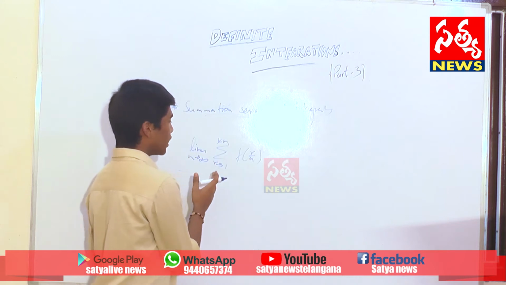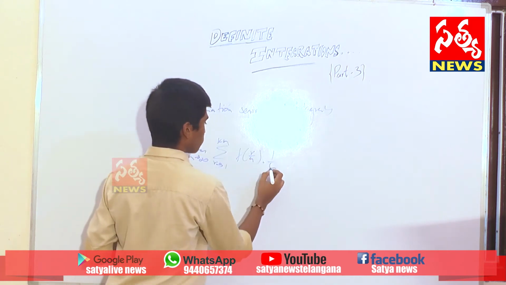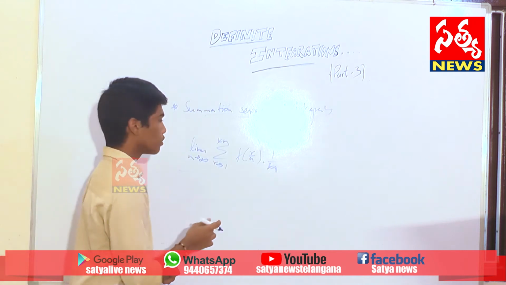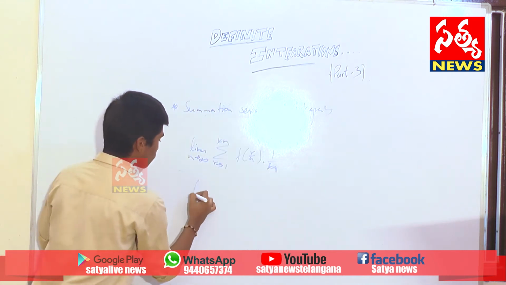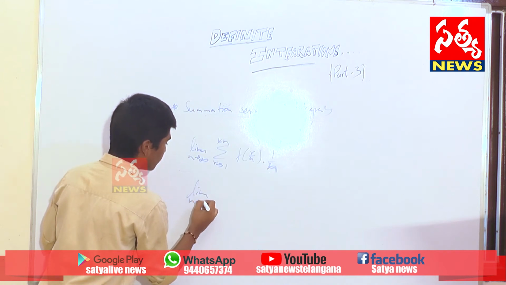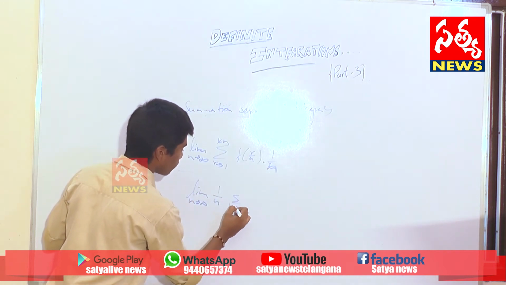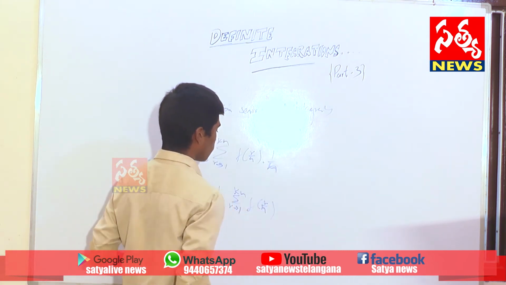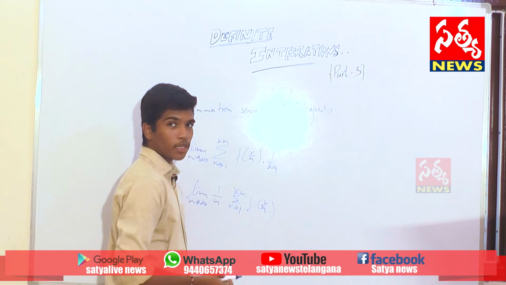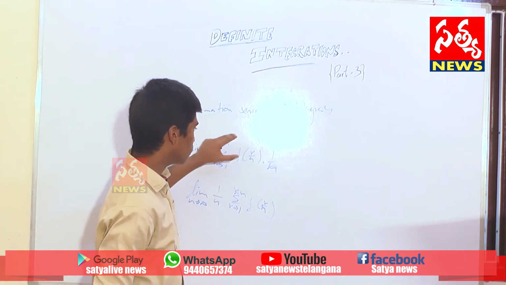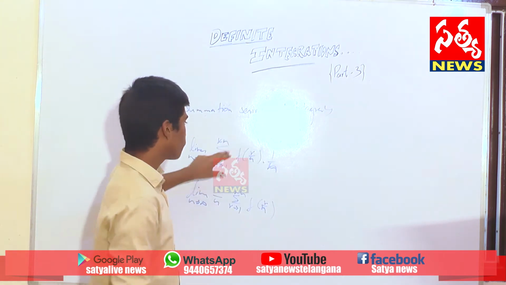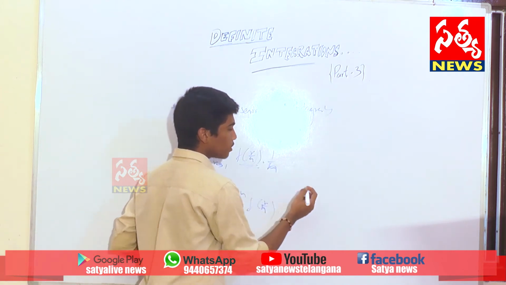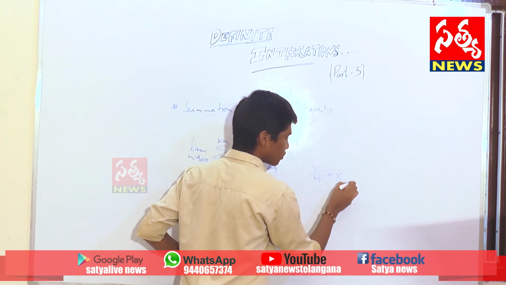and we have to write it with 1 by n, okay? We have to write it in integral form, okay? If we take limit n tends to infinity of 1 by n, sigma r from 1 to kn of f of r by n, we have to check that the function f of x should be in terms of r by n, as we assume r by n as x.